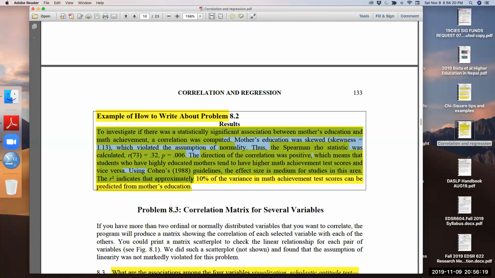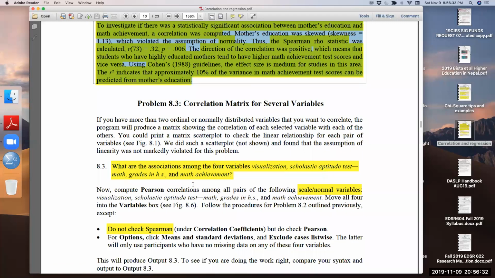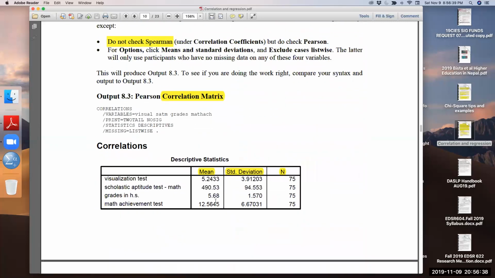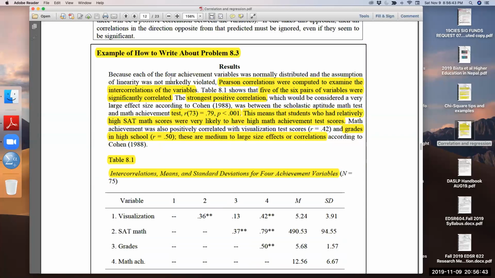This is how you will be reporting your SPSS output in APA format, just a paragraph. If you have more variables, for example here are four variables and running correlation, here is an APA format of reporting that includes one paragraph on the nature of the correlation,